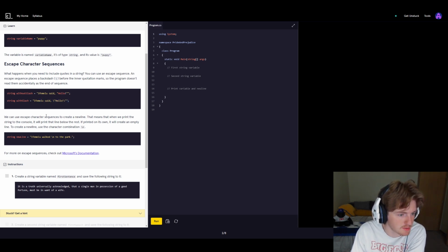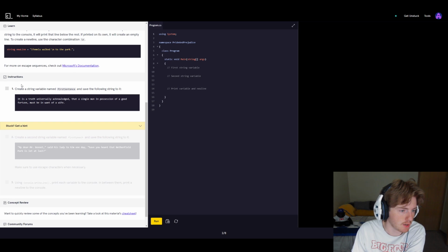We can use escape sequences to create a new line. That means when we print the console, it will print that line below the rest. If printed on its own, it will create an empty line. To create a new line, use the character combination \n. To create the string variable, create a string variable named first sentence